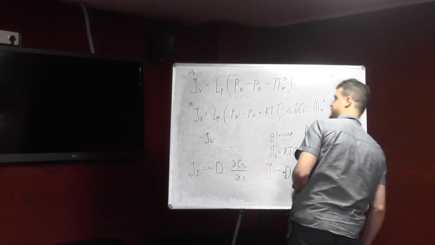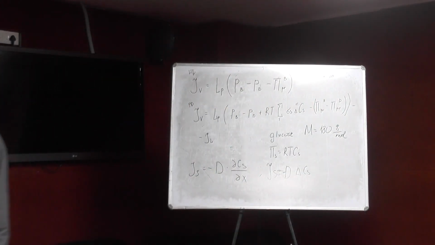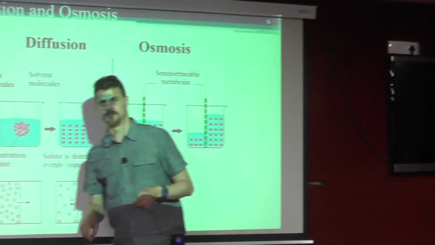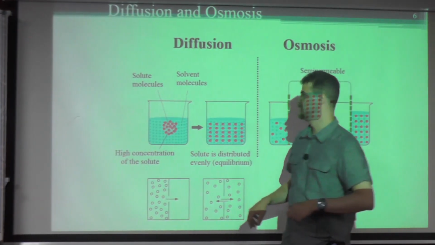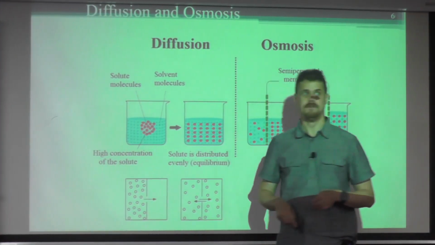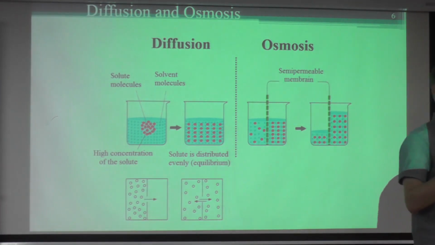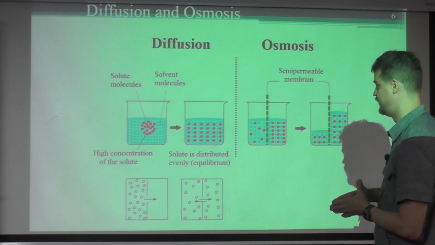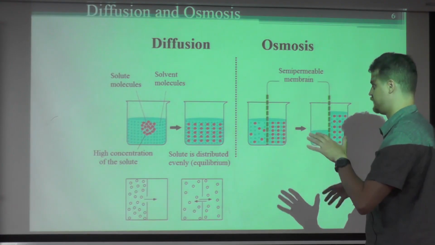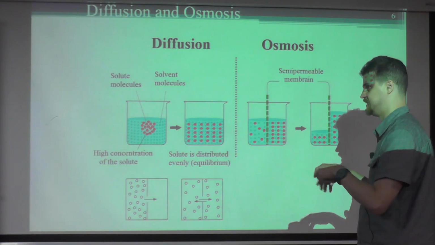So usually it's a passive process that takes place when there is a difference of concentration of a specific solute between different parts of the semi-permeable membrane or different parts of the solution. And the diffusion goes against the vector of the concentration gradient. And this process happens until